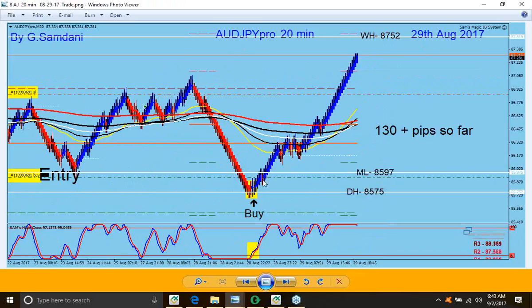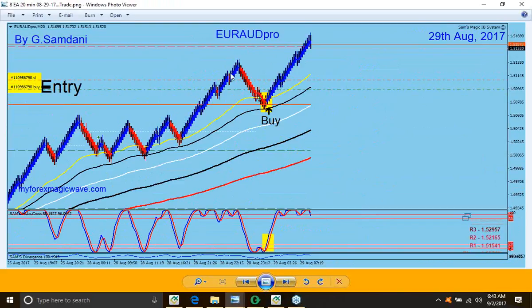And then from there it gave me the entry. So I went up all the way, big time. This is Euro Aussie. This is based on the euro strength. Very nice. All of these are entries. You can see this was an entry, this was an entry, this was an entry. Beautiful, the Magic IB system gives you a lot of entries